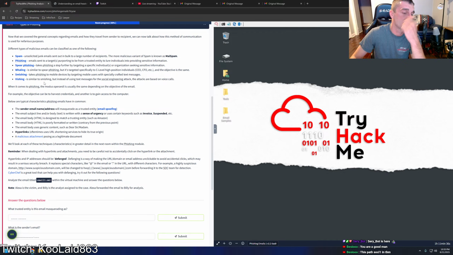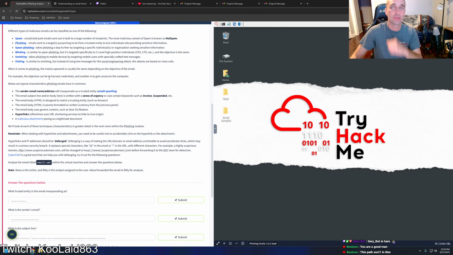Vishing is similar to smishing, but instead of using text messages for the social engineering attack, the attacks are based on voice calls. When it comes to phishing, the modus operandi is usually the same, depending on the objective of the email. For example, the objective can be to harvest credentials, and another is to gain access to the computer. Below are typical characteristics phishing emails have in common. The sender email name/address will masquerade as a trusted entity. Email spoofing. The email subject line and